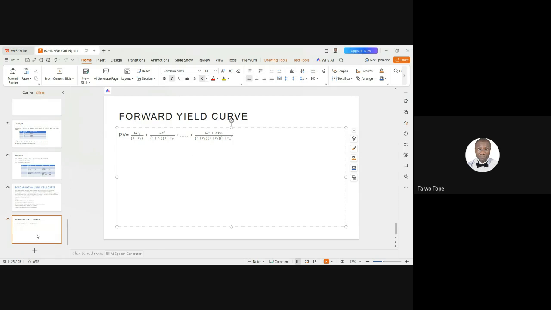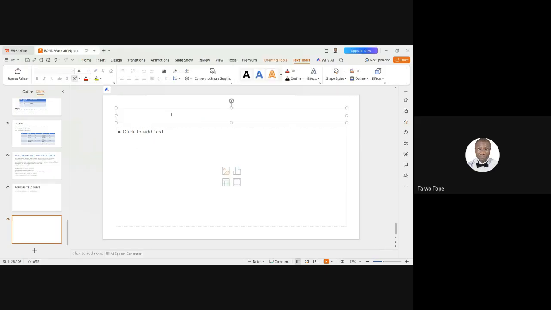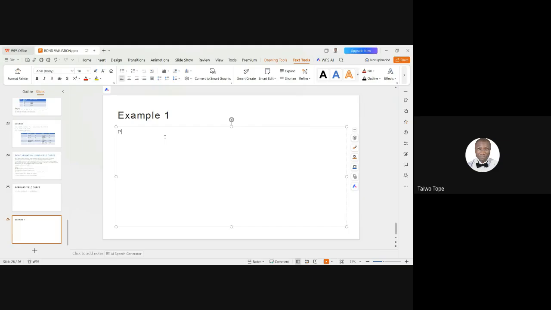So now, to solve a question in relation to the spot yield curve, let's look at an example. Example 1. We have Patrick PLC, which wants to issue